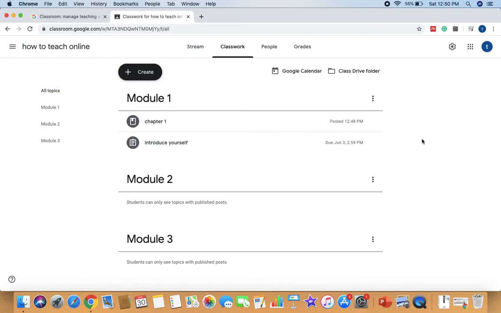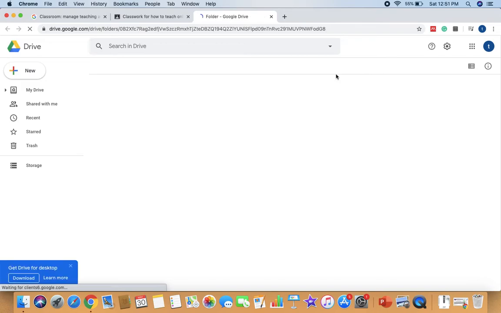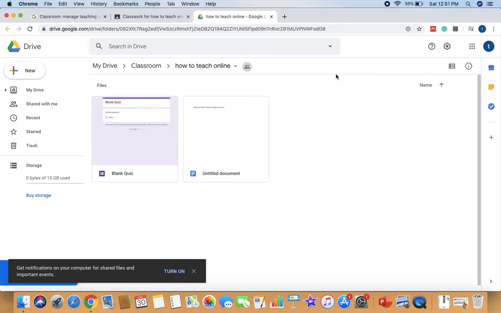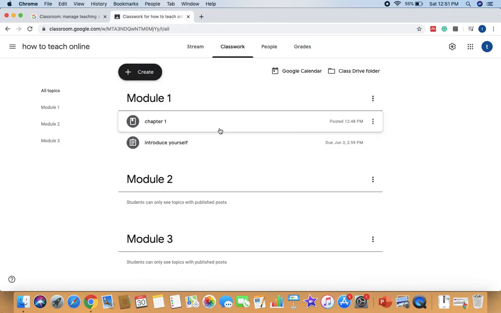the assignment. Now, a very good thing about Google Classroom is that for every classroom, Google gives us a classroom drive folder. So here we can save our materials and access them easily from this drive. If you have three different classrooms, Google will give us three different drives with 15 GB of storage space each. So this is ample for us to conduct an online class. One drawback about Google Classroom is that it does not have any option to take live classes. For that, we have to use Google Meet, and we'll come with another tutorial related to Google Meet.